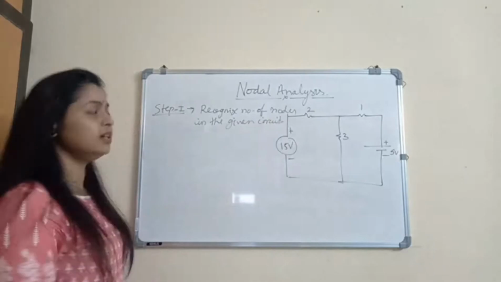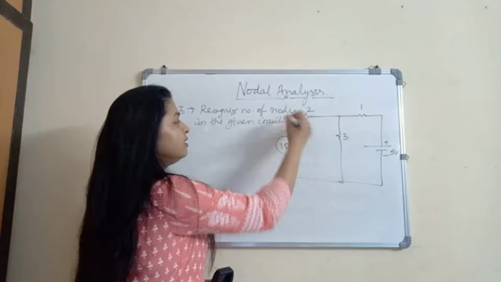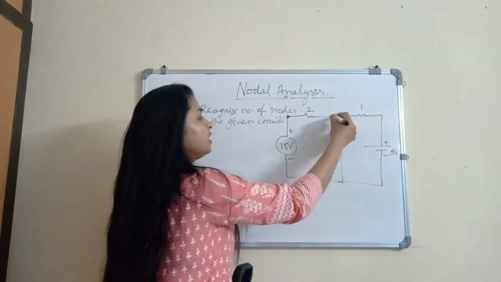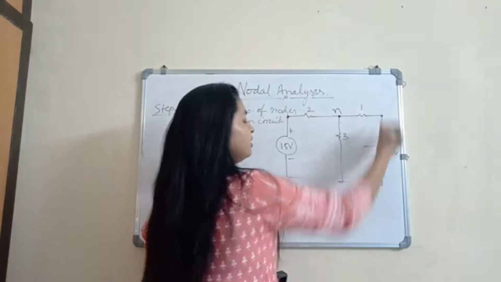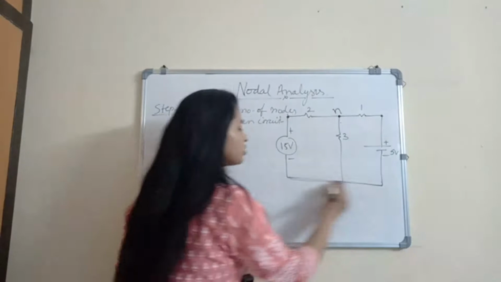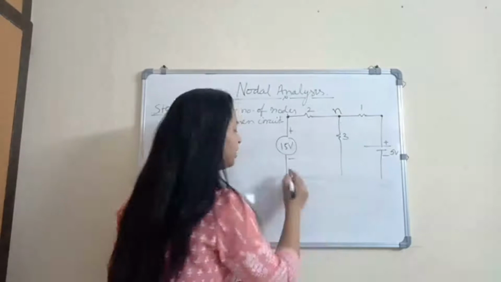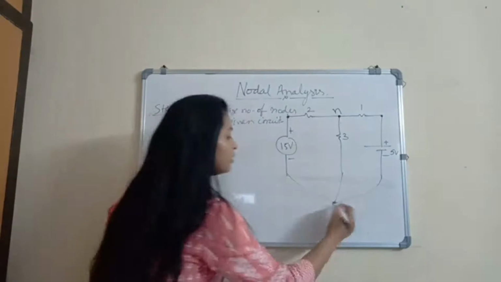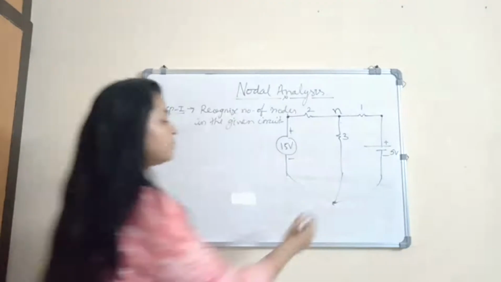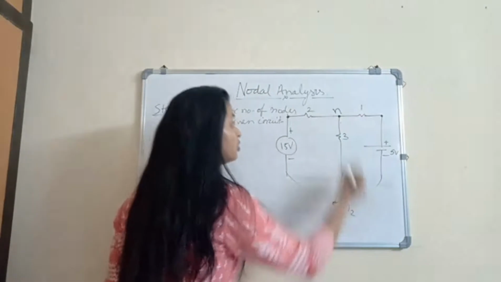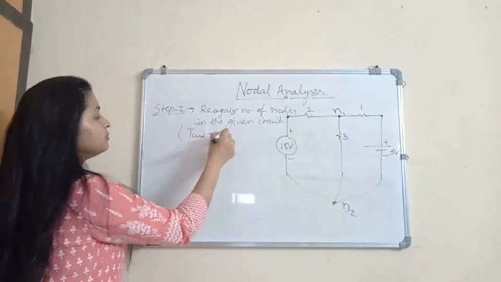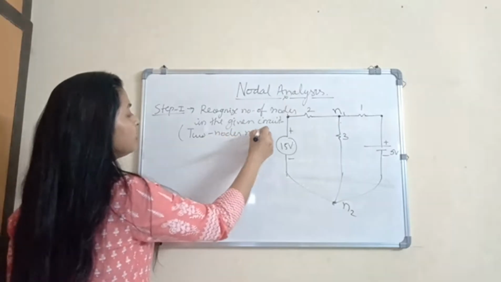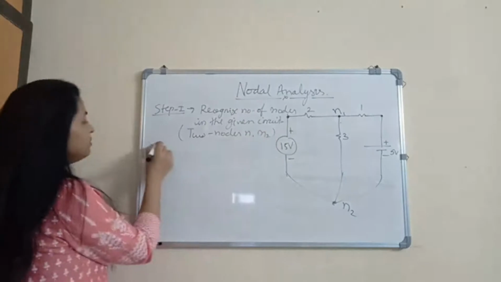So, can we recognize here? Yes, this is a junction. This has more than 3 branches, so this is a node. Yes, this is a junction. A complete branch is common, and I may connect this complete branch in this way. There is no issue, so it becomes my node. Yes, and 2 nodes, so here 2 nodes are there: N1, N2.